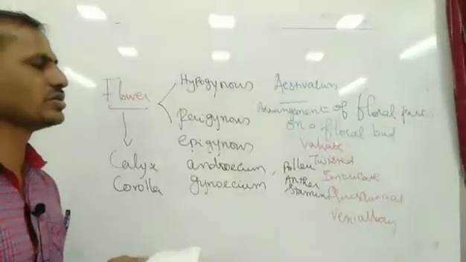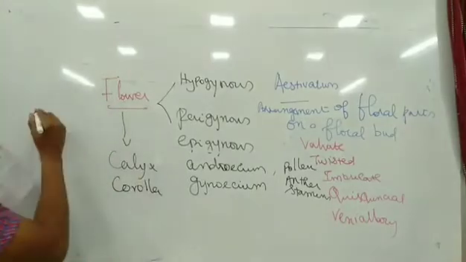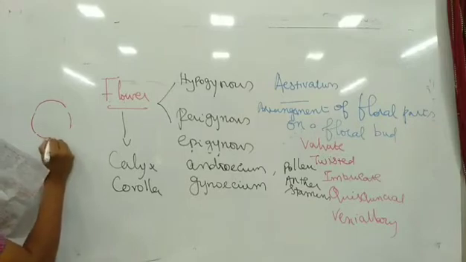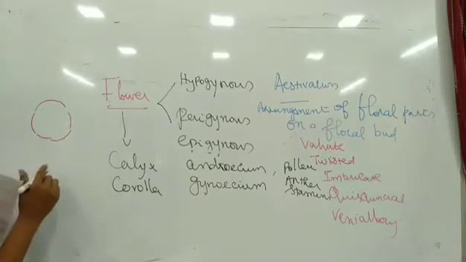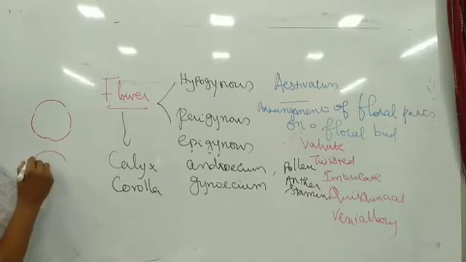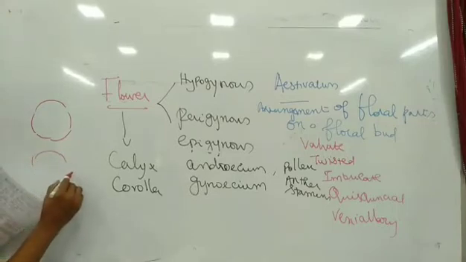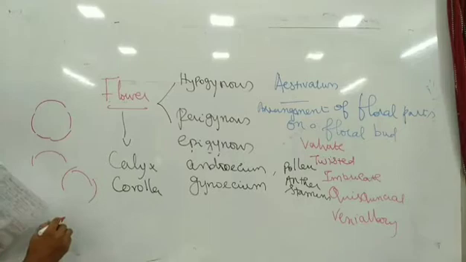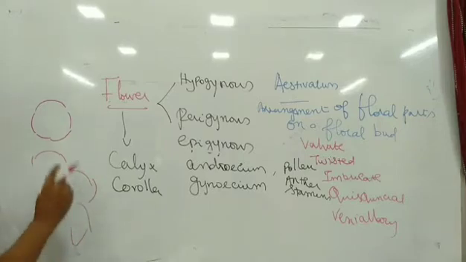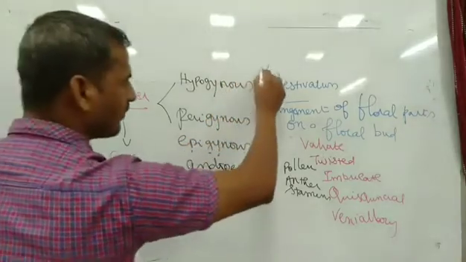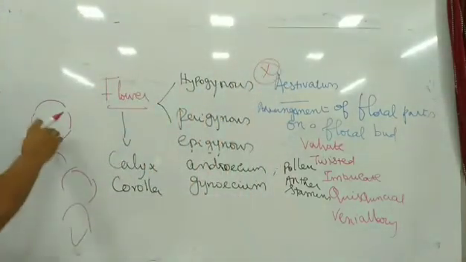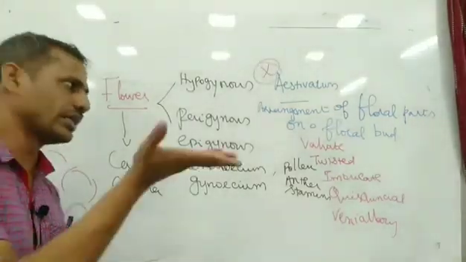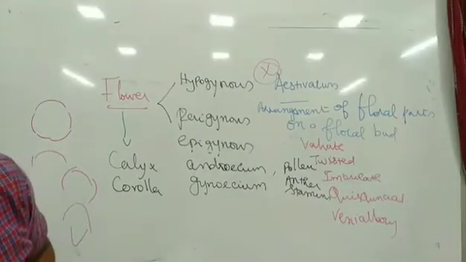Valvate, twisted or imbricate arrangements, you might have seen them in your books. Valvate, or twisted one after another, or else imbricate, where one goes inside and another goes inside. Or quincuncial, or else vexillary, with a big one and small ones. This is a very important question normally asked. They'll give a diagram, or ask what is vexillary, twisted, imbricate or quincuncial, or give an example and ask the question.